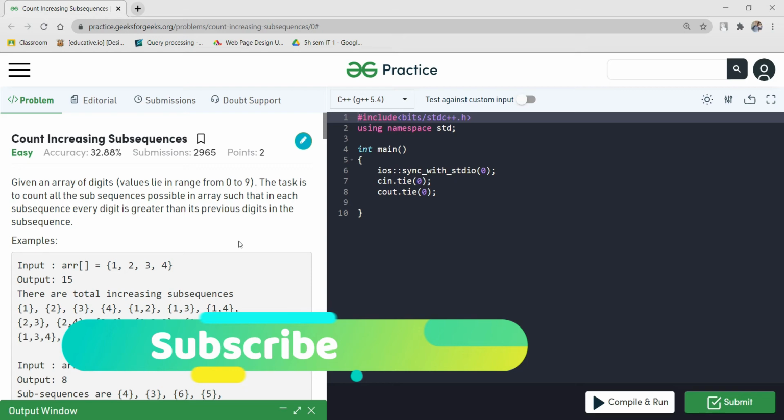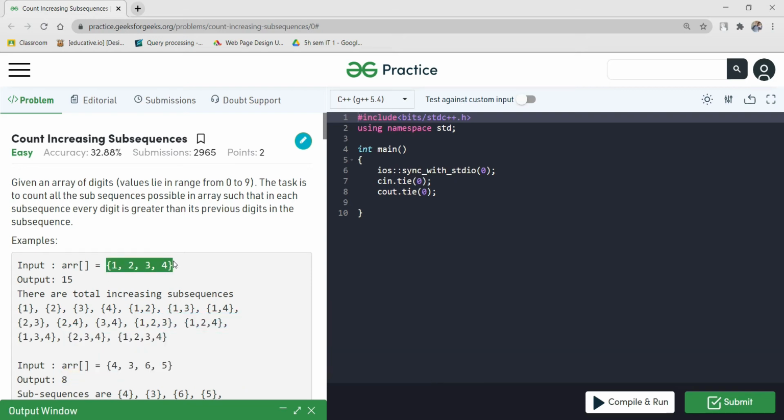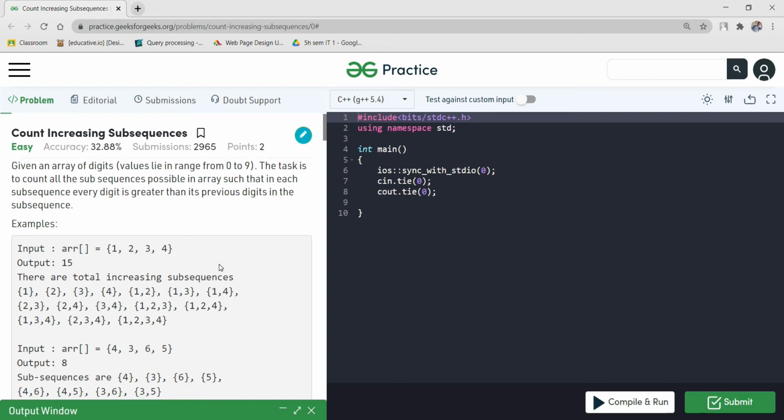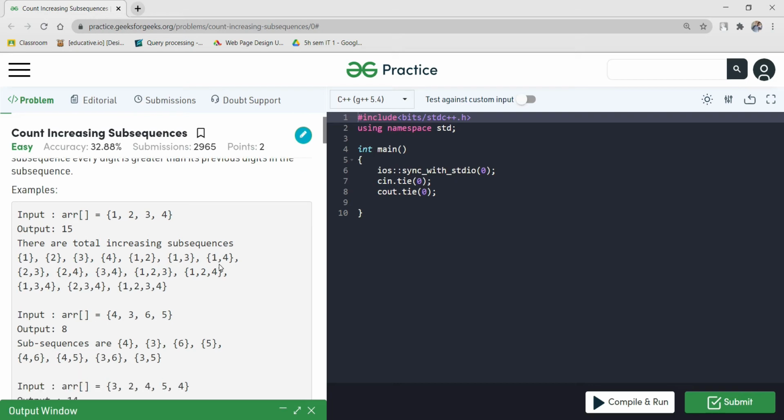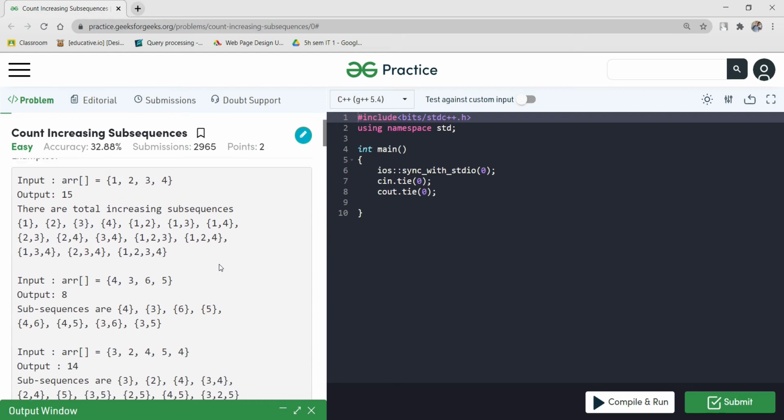Like we have found a subsequence from the given array, and in that subsequence every previous element should be less than the current element. So we need to find the number of subsequences that we can calculate. First we need to keep in mind that every subsequence of size 1 will be counted. So this is the base condition.